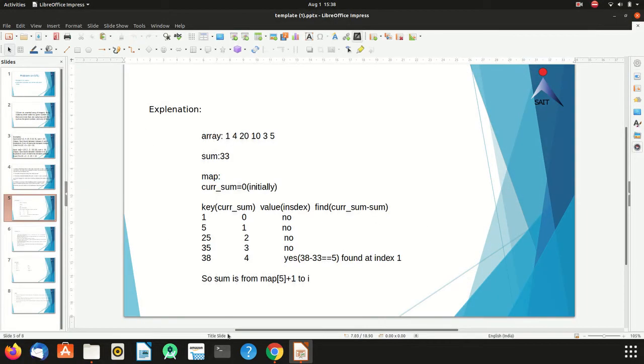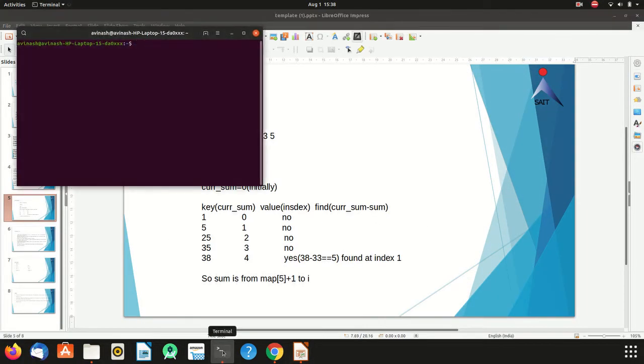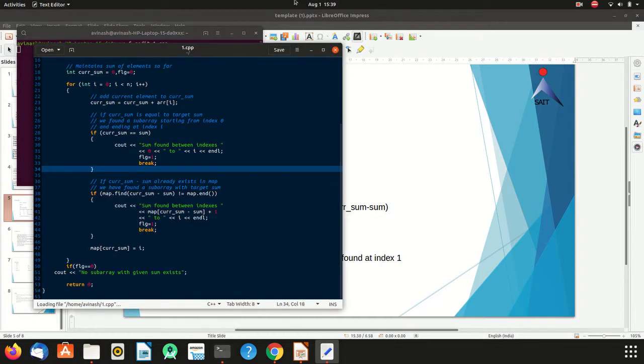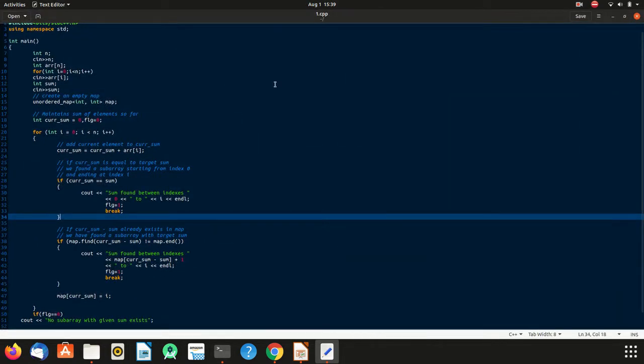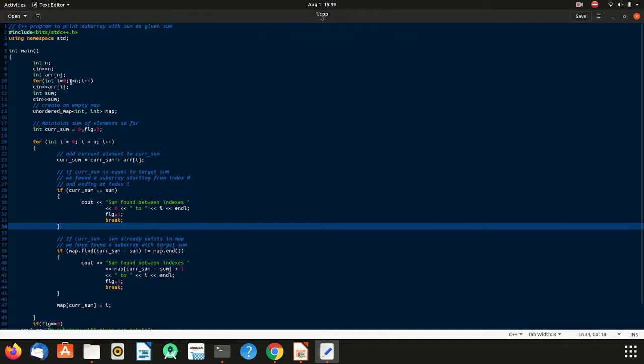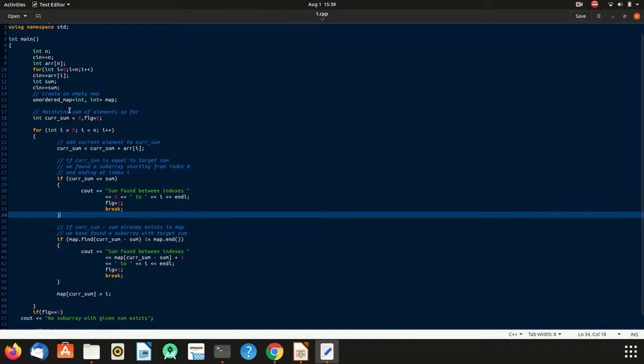So the code is: we take the input n, the array input and the sum, and we are creating one map with integer types for key and value.